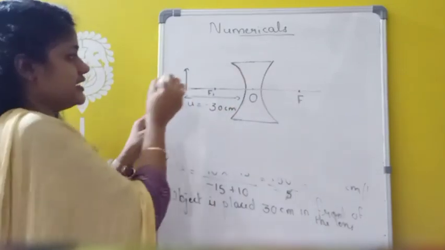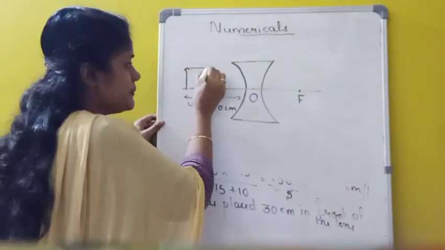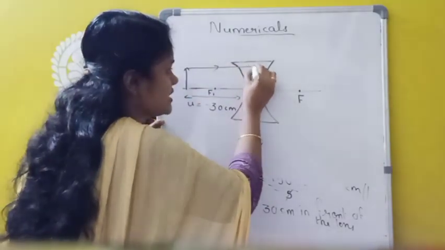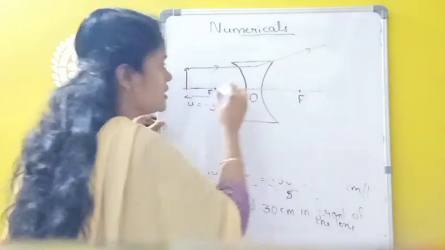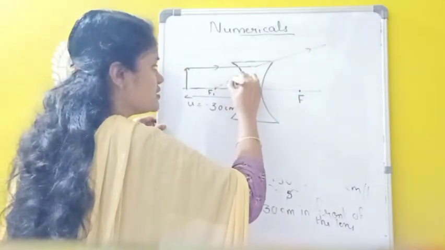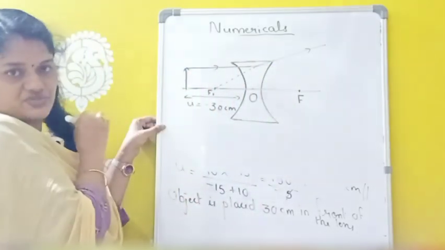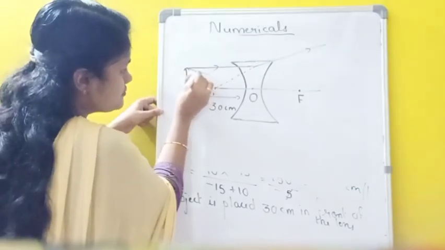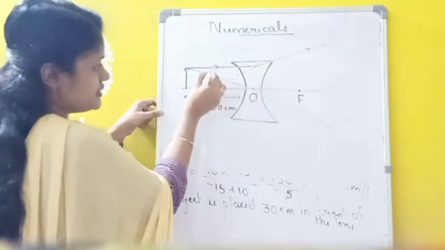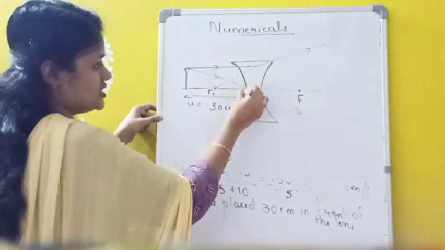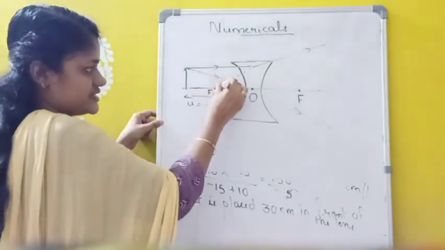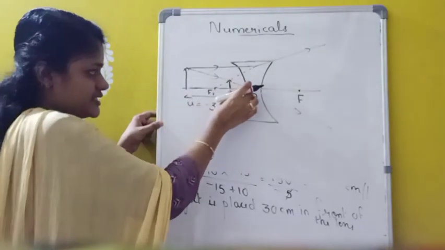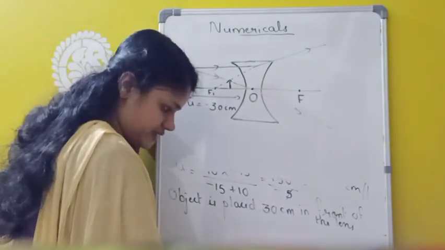Okay, now we have the ray diagram. First of all, draw a light ray parallel to the principal axis. After refraction, what will happen? This light ray will be diverging, but it appears to diverge from the focus. So it's the first light ray. And the second one I am taking is a light ray passing through the optic center. Passing through the optic center, it will not undergo any deviation. Both the light rays are meeting at a point here. So here only we are getting the image, and this image distance V equals 10 centimeter.